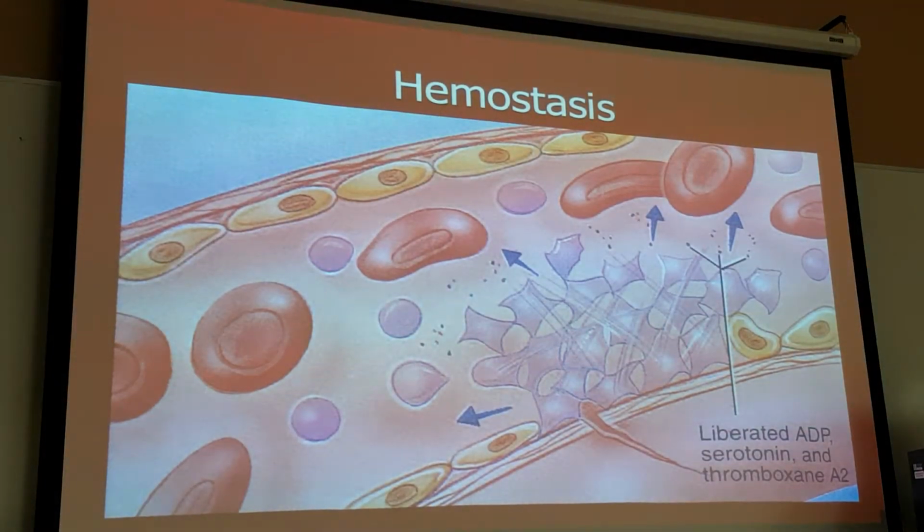Okay, so let's move on and talk about plugging up the pipes if they get a hole in them. We've talked about the cells and the plasma. What now happens if you get a hole in the pipe? We're showing a little teensy hole here. We have a number of mechanisms that come into play, and by far the most important players are